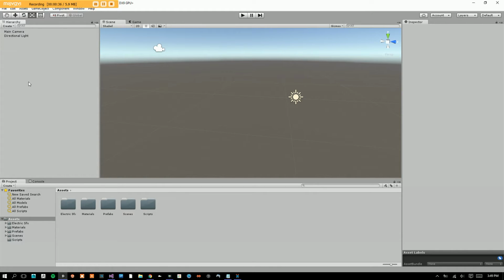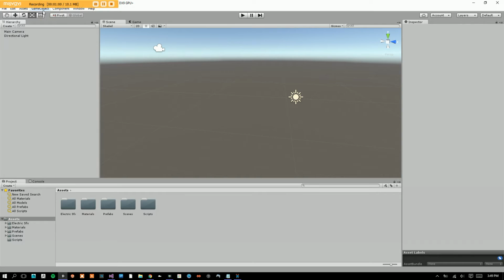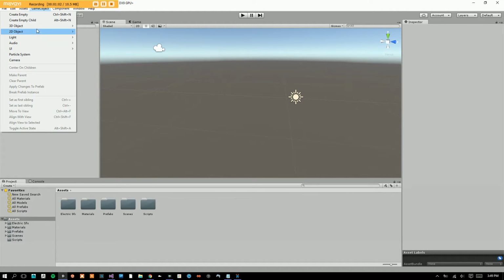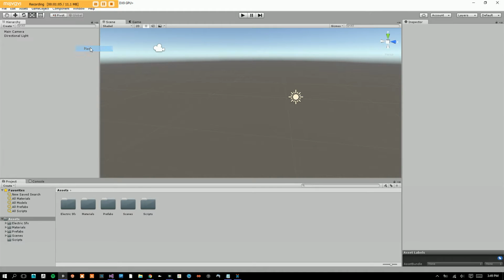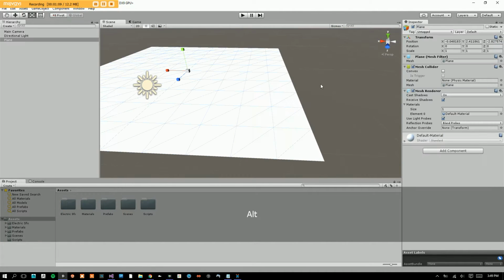Now, first of all, to manipulate objects in 3D in our scene, we need to create something in our scene to manipulate. So what I'm going to get you to do is, let's create a ground plane first. In our hierarchy window, we can right click, go to 3D object and then click on plane, or we can click game object at the top here, go to 3D object and click on plane. This will give us a nice white plane